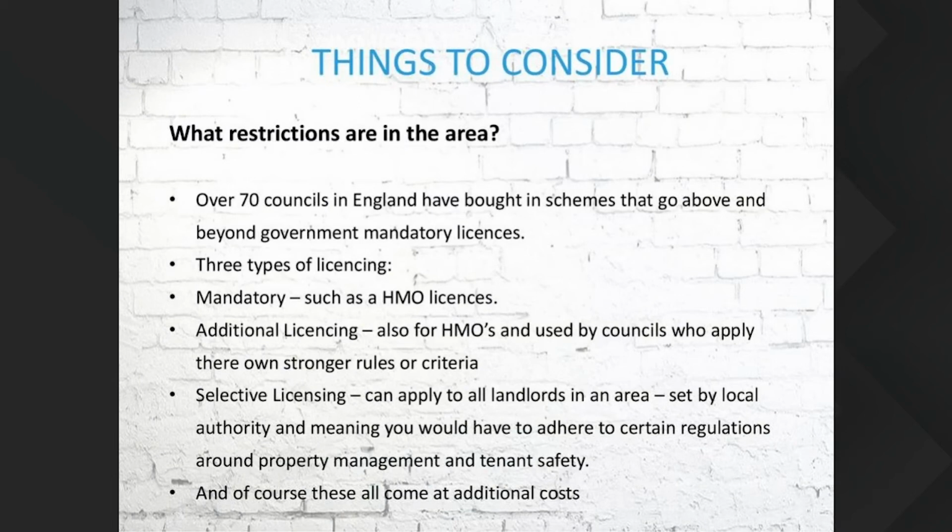This is something as well which is quite big, and I think this is something Dawn knows a lot about as well, she'll be able to back up. I think this is going to become more and more common over the coming months and years across the country. But look at what restrictions are in the area. So at the moment, there's over 70 councils in England that have brought in schemes that go above and beyond government mandatory licences. So there's three types of licensing: mandatory, such as your typical HMO licences and so on;